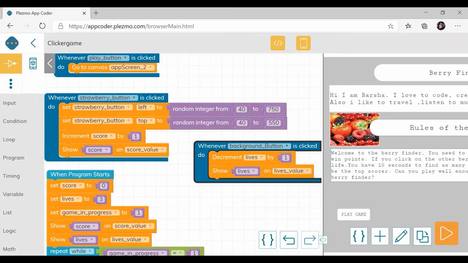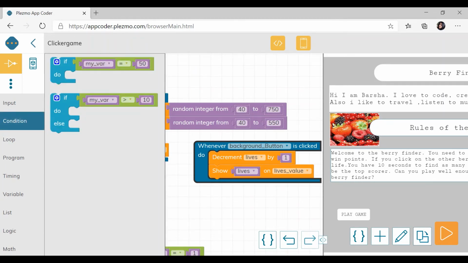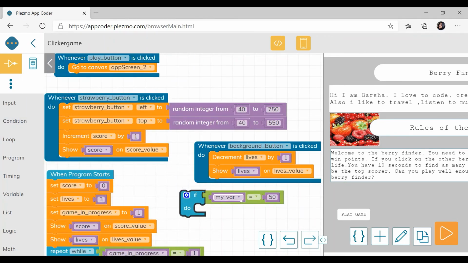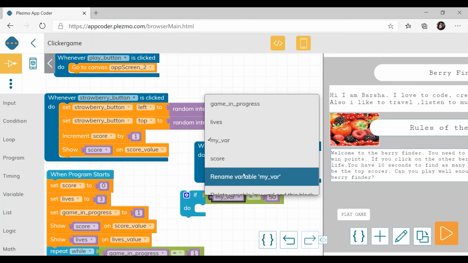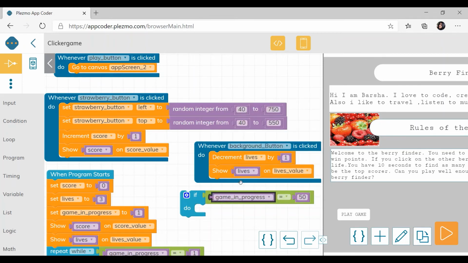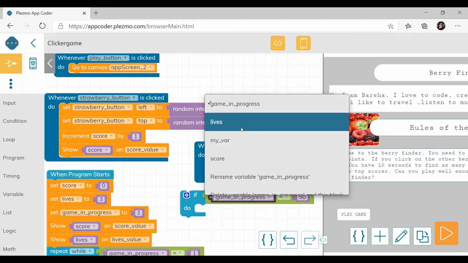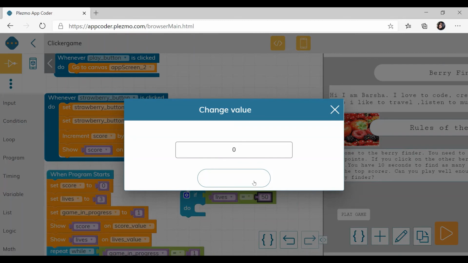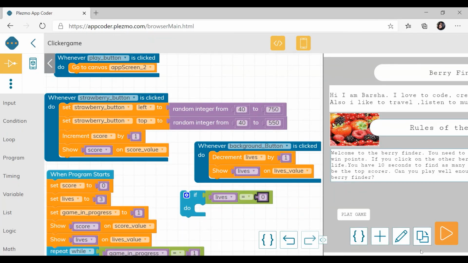So under the category control, here is the condition block. Condition means we have some condition when the execution of the program should be stopped, right? So the first block we will drag here, and in place of my_var we will select lives. Lives should be equal to, when the lives is equal to 0, okay, our program should stop.